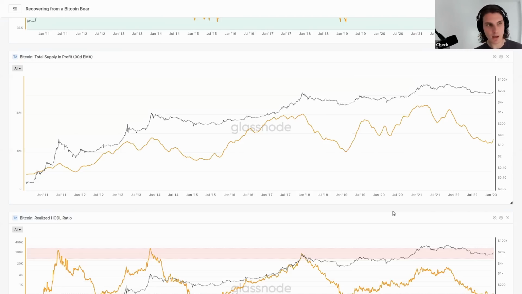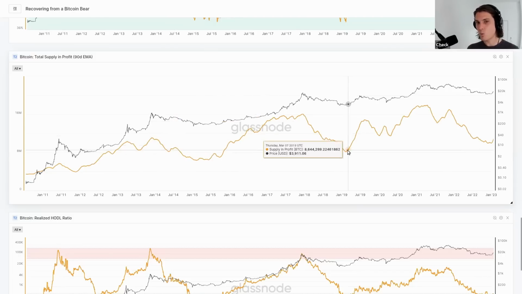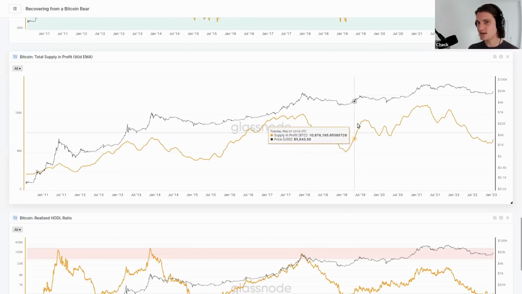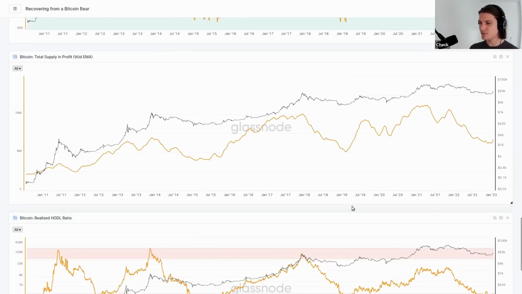So when we look at the total supply and profit, what you'll notice, and it may seem kind of intuitive, is that towards late stage bears, this thing starts to bottom out and you get a reversal back to the upside, right? When price starts to move higher, you naturally get more supply moving into profit. But think about this from a derivative perspective. If this thing is trending higher, it's telling us that price is going up and more people are going into profit, right? Which, as I said before, the more people that are in profit, the more people go, hey, I'm in profit, and tell their friends, and word of mouth does this expansion, right? People get excited. That is what bull markets are.